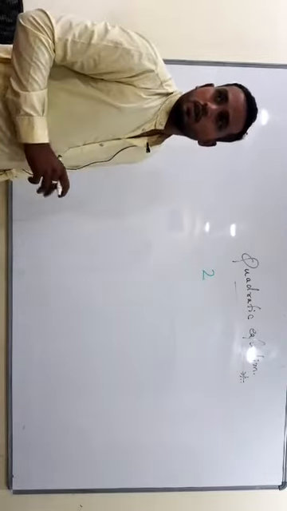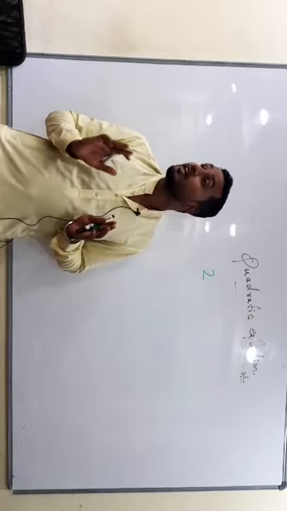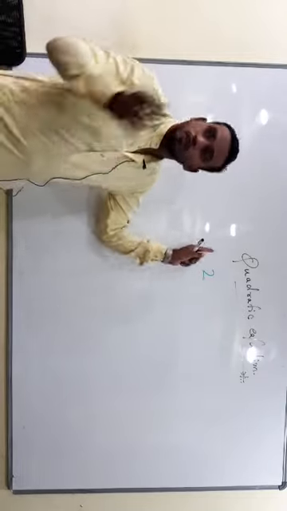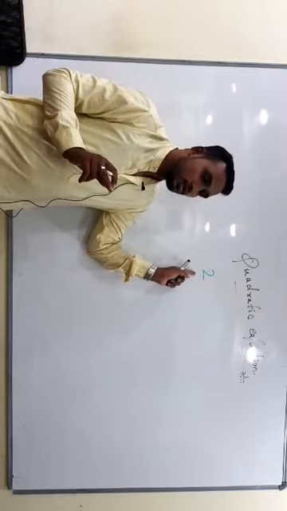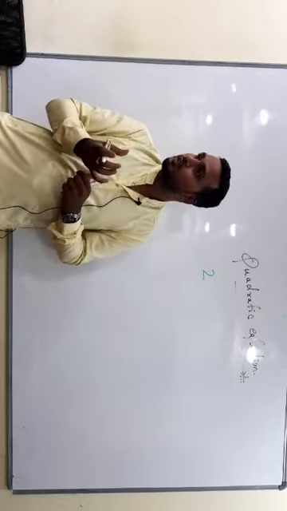See children, the very first important thing: you would have seen something like 2, for example. What is 2? It is just a number. Are you getting my point? 2 is a number, we know the value of this. 3, we know the value of this. 10, we know the value of this.